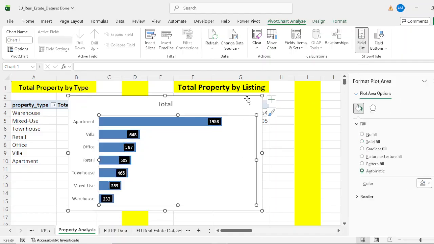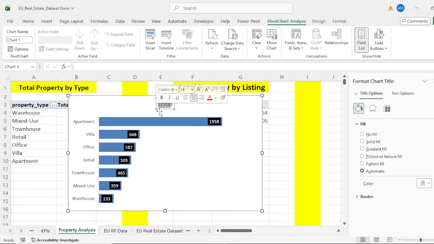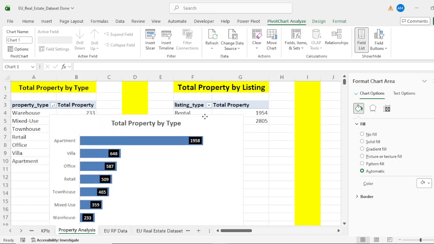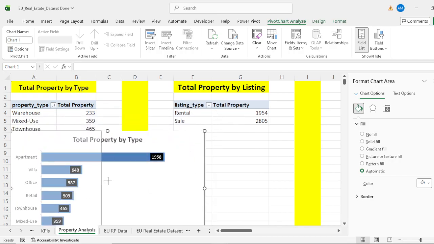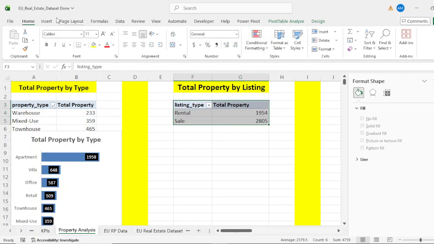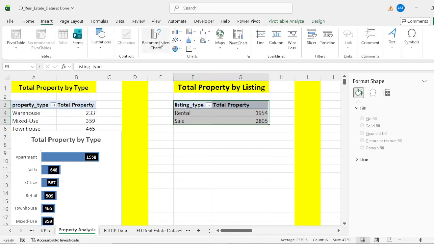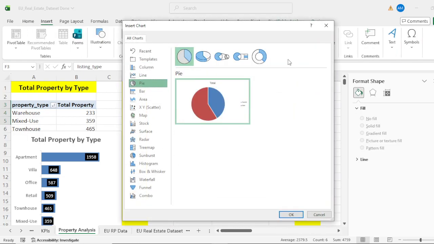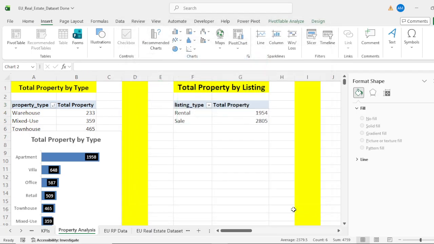Okay, so it looks great, and we just need to remove the total information, and then this will give total property by type. Okay, so we have got the information. We need to make it bold, and then we put it over here, and then we have to select over here and insert the recommended chart, and then put a pie chart over here. So